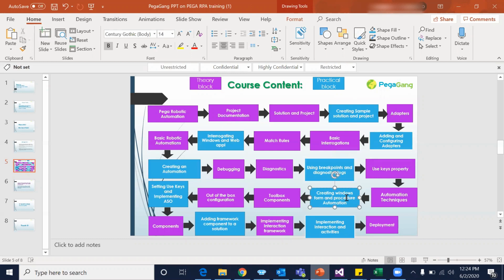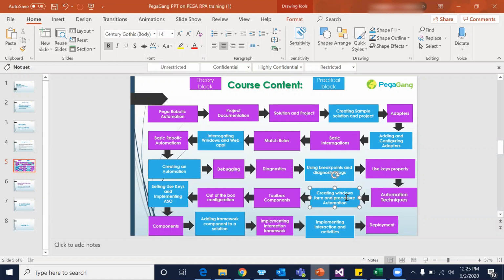So by having a practical session, everyone will understand what we are going to do and whatever we have learned, right? So that is the course content, a very brief overview of it. Each and every theoretical and practical topic has so many sub-branches and so many things. Whenever we go for the training, we will discuss that. So this is the overview of the course content, what we will cover in that particular course.